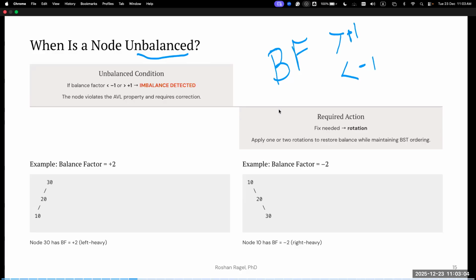As long as you balance on a particular node, the rest will automatically get balanced. That's how an AVL tree works. Let's say you have a balanced AVL tree, and then you add a node. If an imbalance happens somewhere, so now a node is unbalanced, then you just have to balance that node and not worry about anything else,